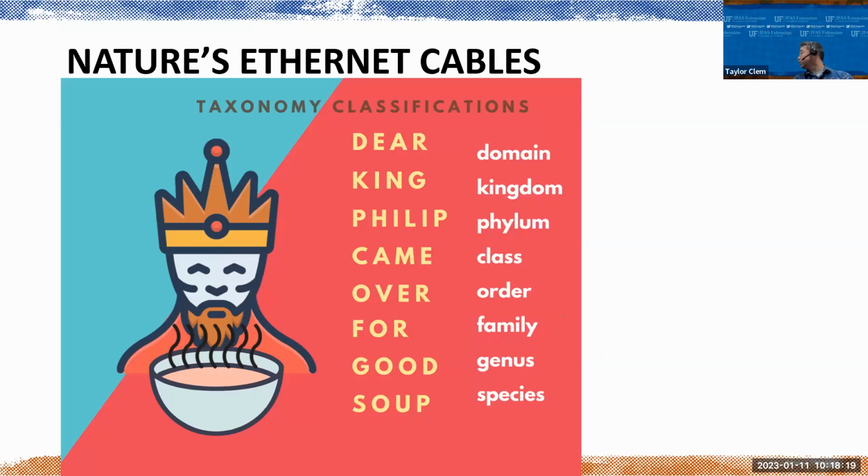So when we look at these Nature's Ethernet cables, we're thinking about mycorrhizal networks and fungi. We obviously start thinking, when we go to the very top order, there's the domain, and that's Eukarya, where multiple cells have the ability to come together. But then there's the kingdom, and there's 4 different kingdoms, and all of a sudden we're in a completely different world. This is the highest order of classification on life in the universe or on the world.